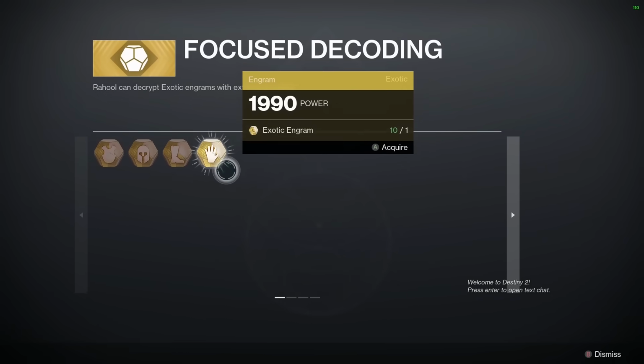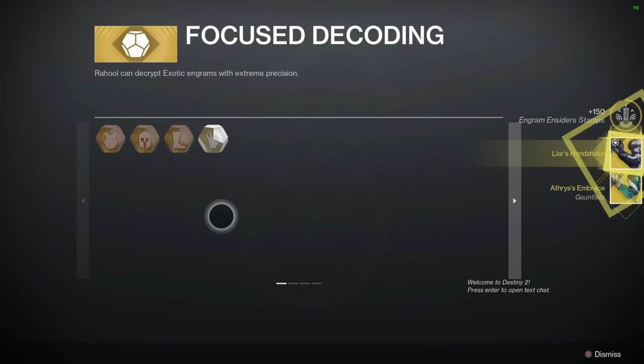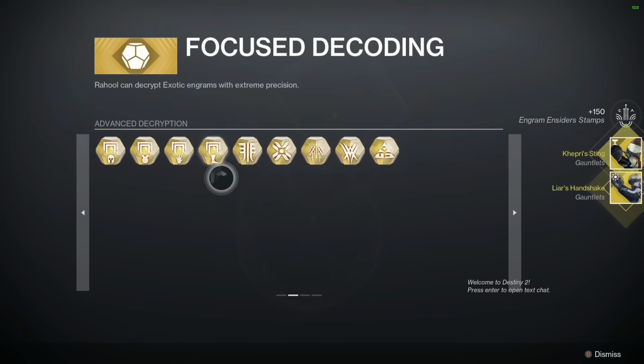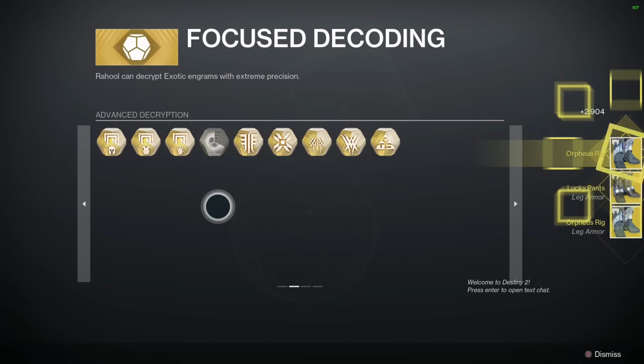a look at focus decoding. Today is an arm day. Tomorrow might be a chest day. And it's free. Just turn them in. I often have way too many enhancement prisms, so I just go for the Red War legs since it gives me a chance at